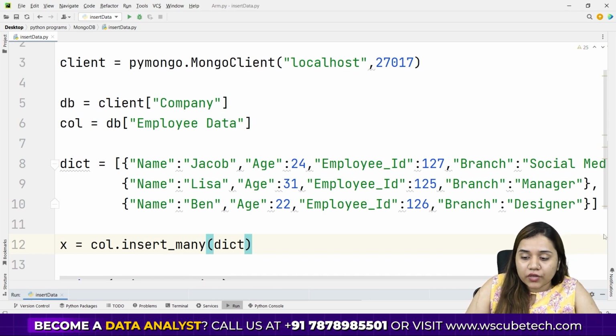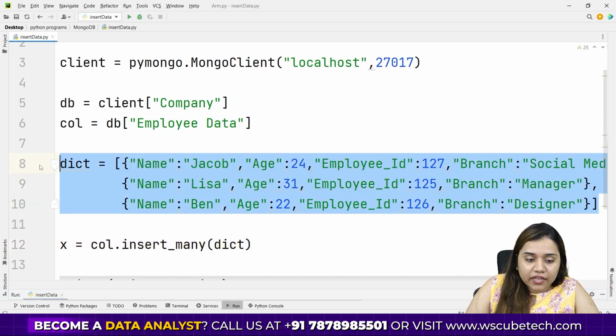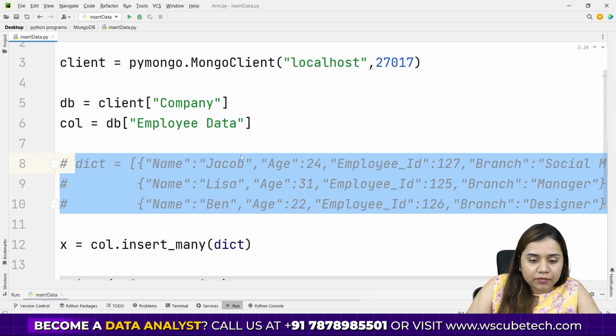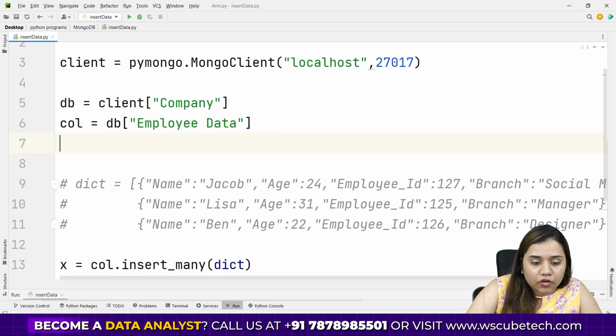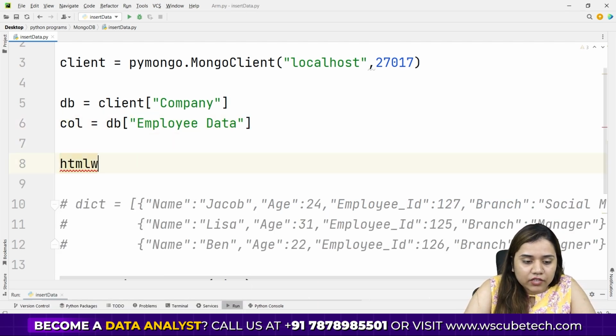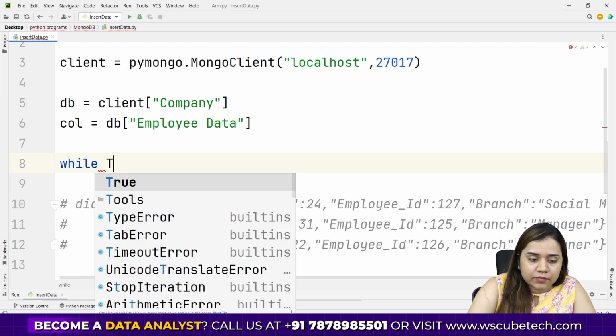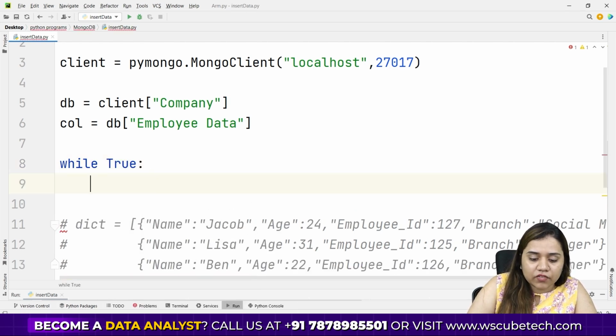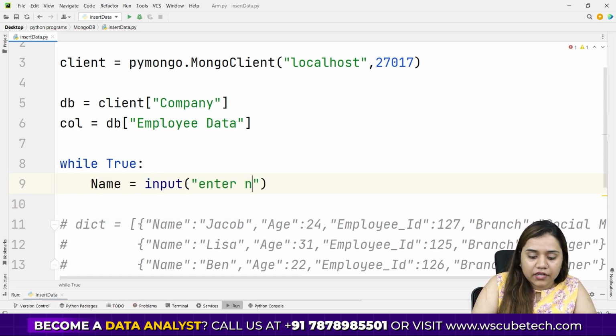Similarly, if you want to take the input from the user and then add the data, in that case what we can simply do, so we have the database, we have the collection. Now what we need to do, we need to simply write while true. So I'll be writing while true, because we'll be using an infinite loop, and I'll be taking the input from the user for all these things. For example, name is equals to input, enter name,